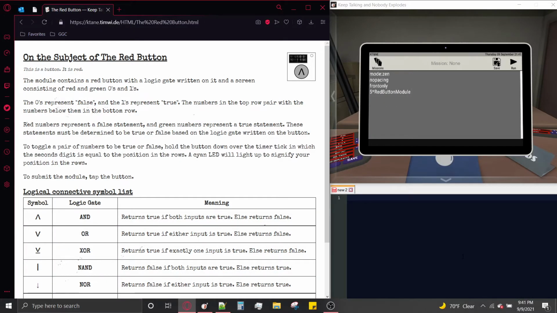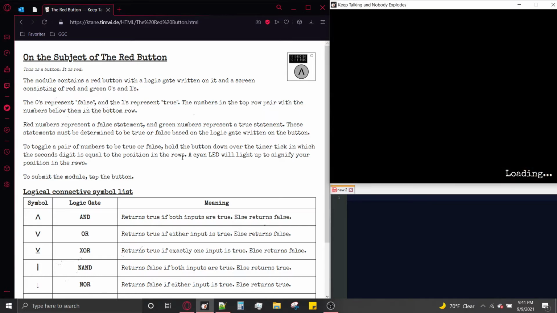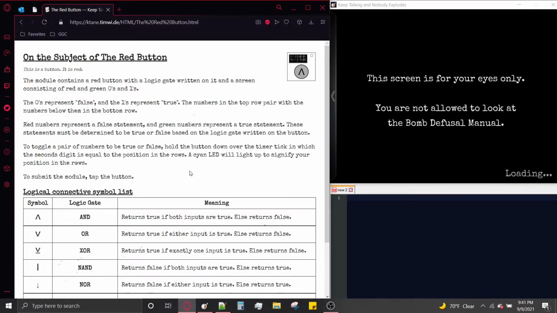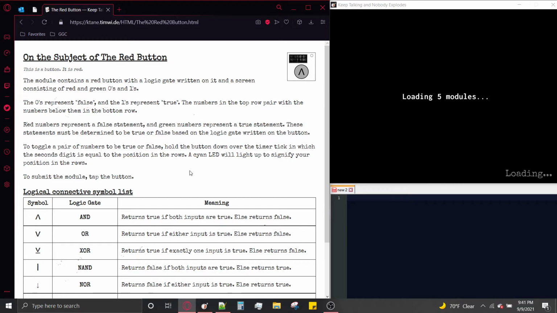Today, I am here with another Keep Talking and Nobody Explodes modded module tutorial, and today I am here with the first of the many new modules in the button series. I'll be going over Red Button today, which is debatably the easiest one. It involves logic, and let's go ahead and get right into it. This module does not require any edge work, so we can just jump right in as soon as we